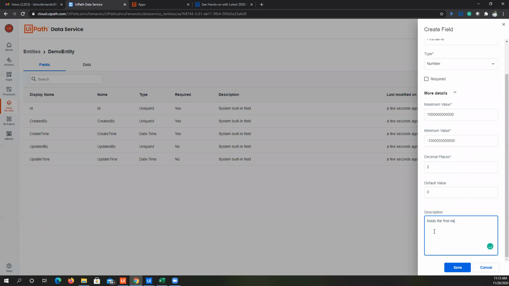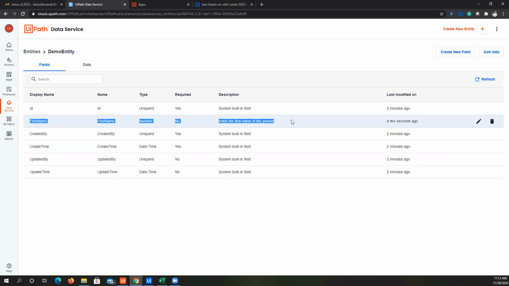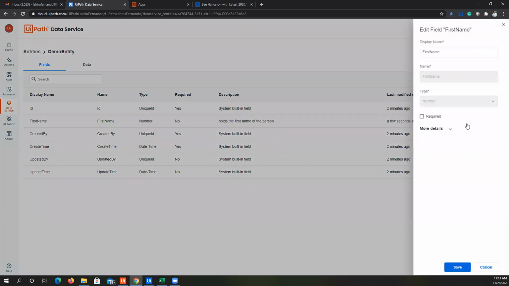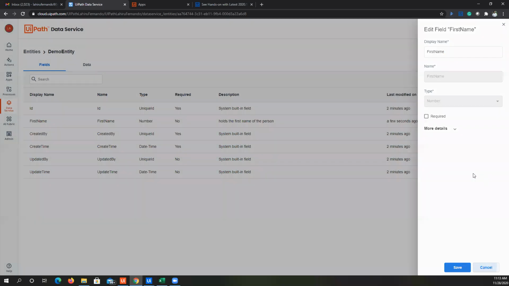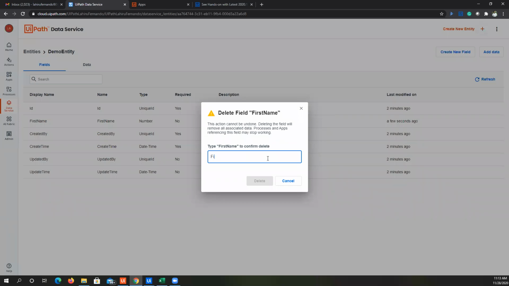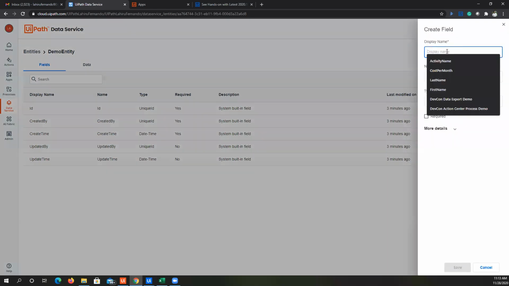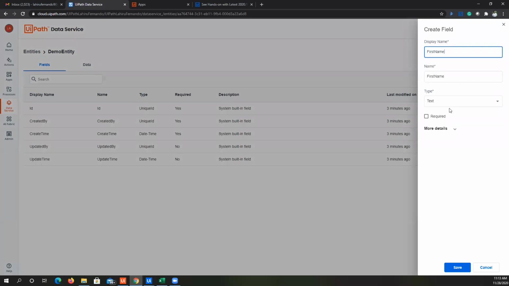First name, something like this. And if I click on save, that field will be listed over here of number type. So I should change the type. So I can show you something else as well. If you want to delete a field, you can simply click on this. Why I'm deleting is I need to change the data type. First name. So I will add it again, of type